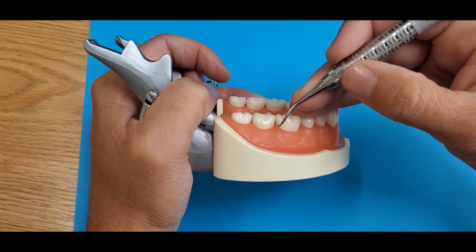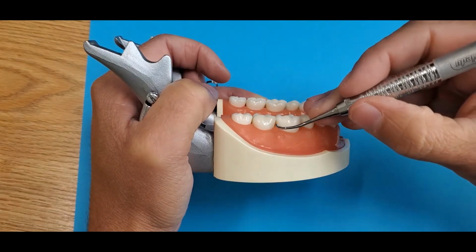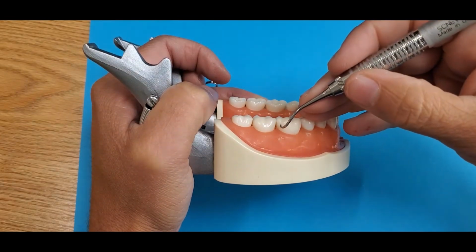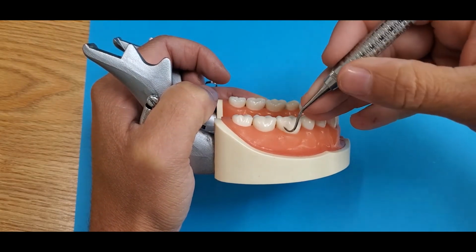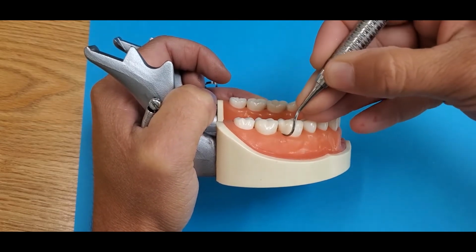Teeth, you first need to find the correct working end. It will be the end that the terminal shank is more parallel to the long axis of the tooth, which is this end. Your insertion point is the distal line angle. You insert at the distal line angle and apply your strokes,